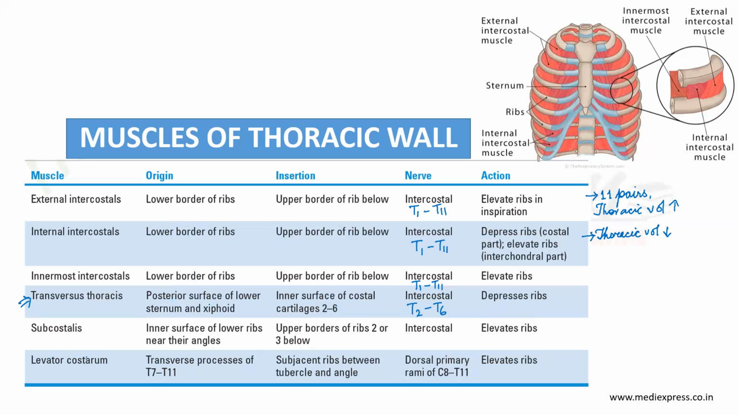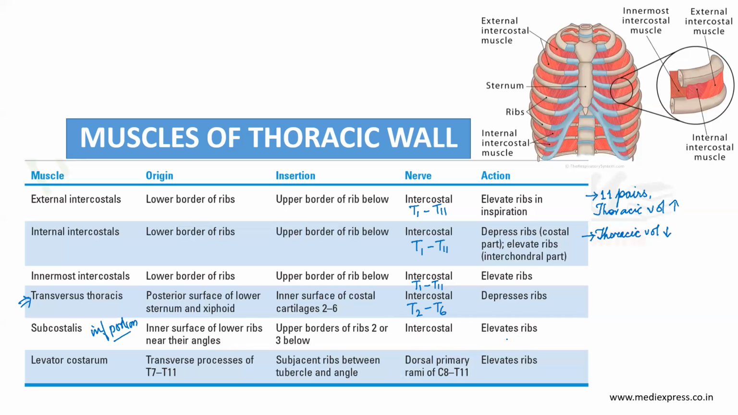Subcostals are the muscles that are found in the inferior portion of the thoracic wall. You have to remember. Then, origin is from the inner surface of the lower rib near their angle, and its insertion is upper border of the ribs 2 or 3 below. Now, coming to the innervation, it is just intercostal nerves. And the action is, again, it helps in elevating the